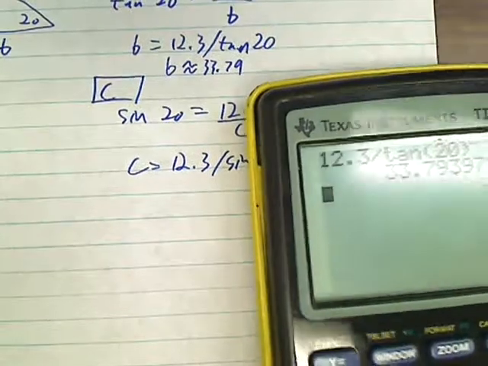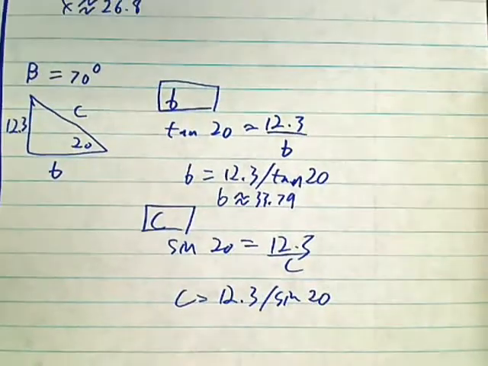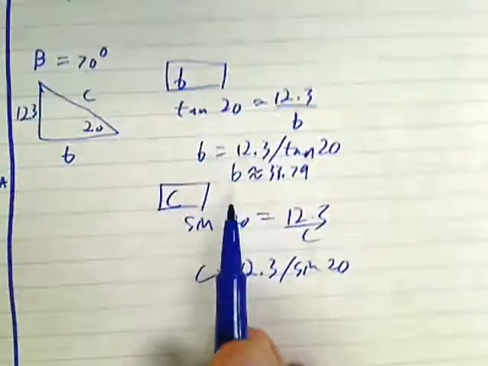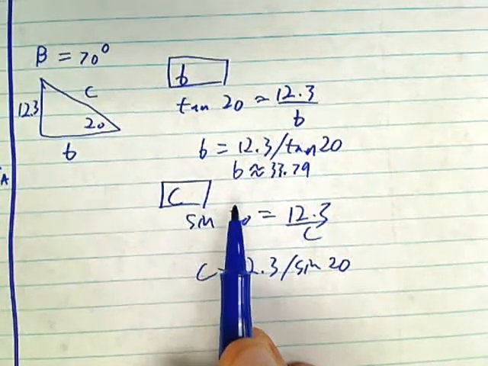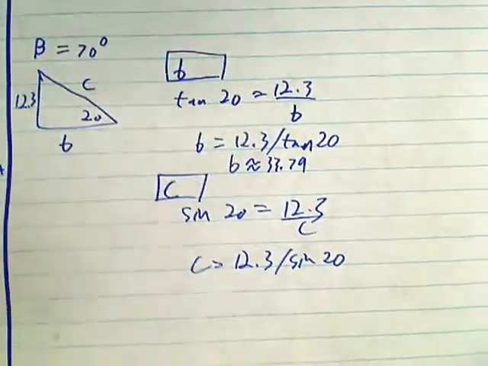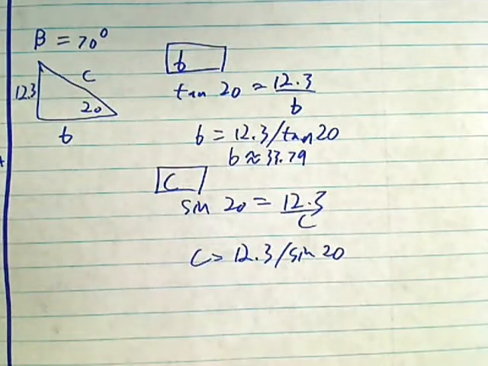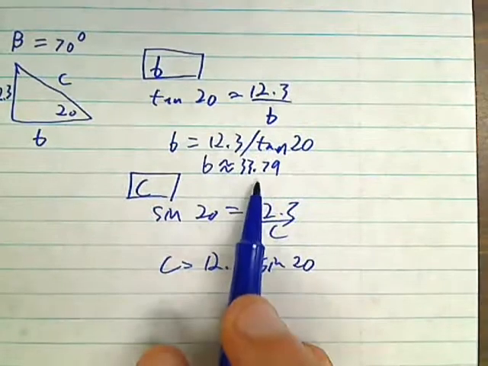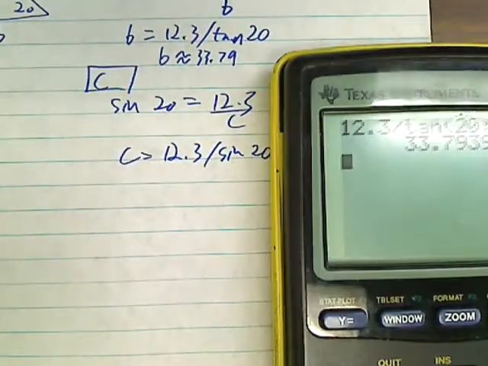And for side C, don't be tempted. I know temptation is knocking at your door, right? You know side A and side B, and you think, oh, I'll just use Pythagorean theorem to find side C. Don't do that. You always use your original data. This is a compromised value. It's no longer exact. So 12.3 divided by sine 20